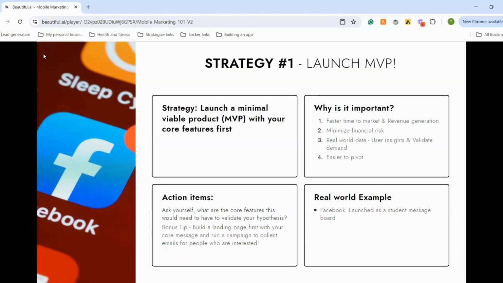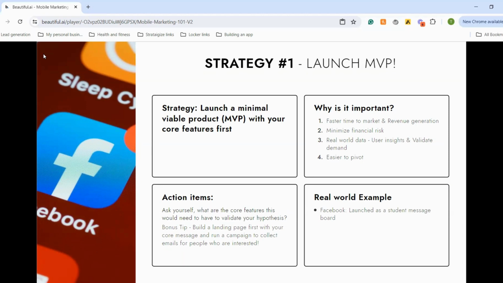An even lower cost strategy that you could implement here is just build a landing page. Build a landing page with your core value proposition, what you're all about, what you're planning on building, and put a small ad budget towards it. Spend $500, $1,000 on validating that specific market. Validate if people actually care about this enough to go in, put their email down, and opt in to being informed in the future about any future progress. That can greatly reduce your financial risk.